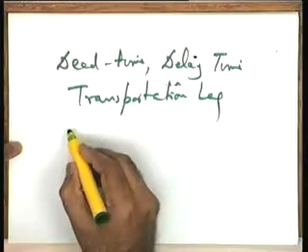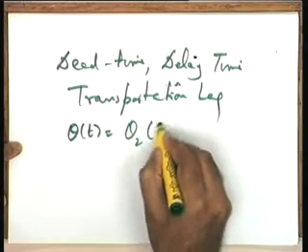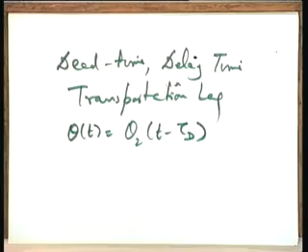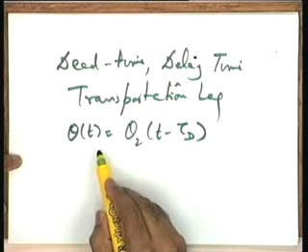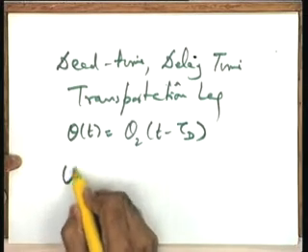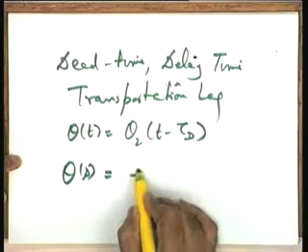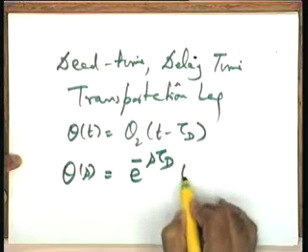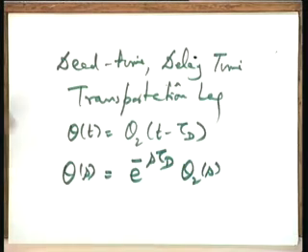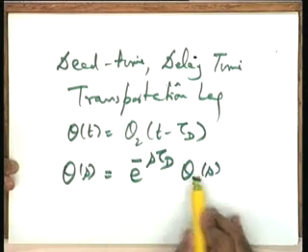In that particular case your model turns out to be theta t is equal to theta 2 of t minus tau d. This becomes your model. A minute more please. Theta t is equal to theta 2 of t minus tau d becomes your transportation model. And in the Laplace domain, theta s, help me please, what is the Laplace transform of this? e to the power of minus s tau d theta 2 s. This is your standard Laplace operator, let me not explain it. This is the time shift operator. Theta s is equal to e to the power of minus s tau d theta 2 s.